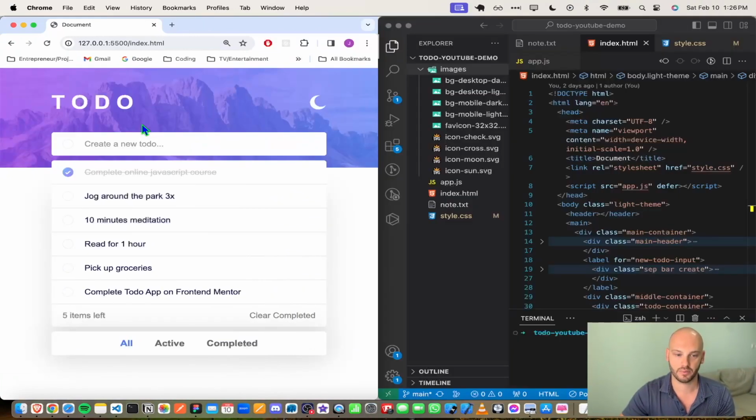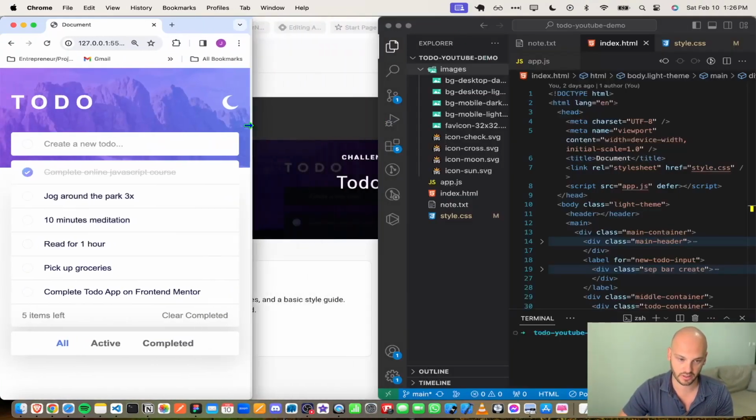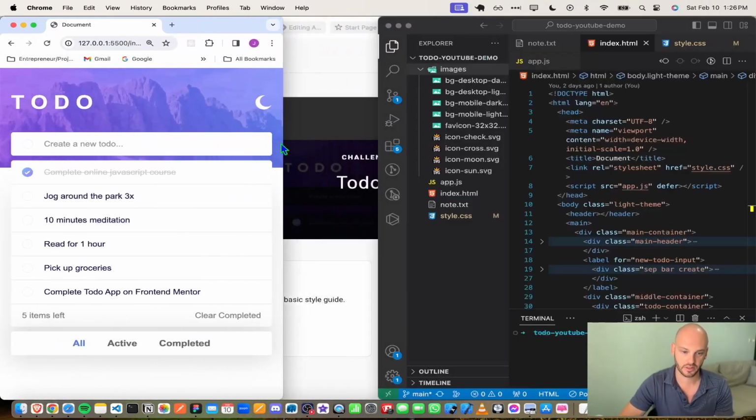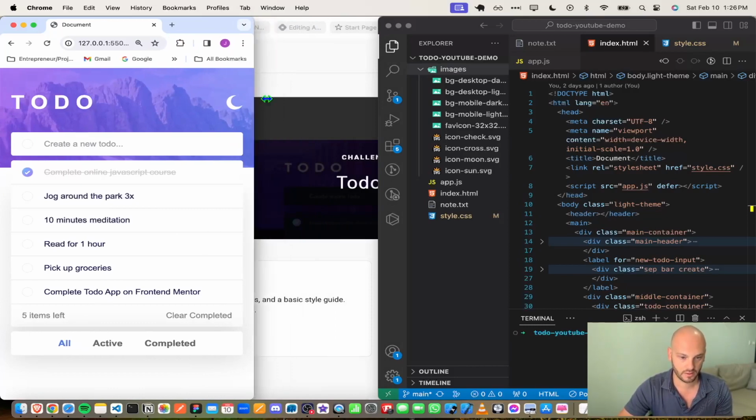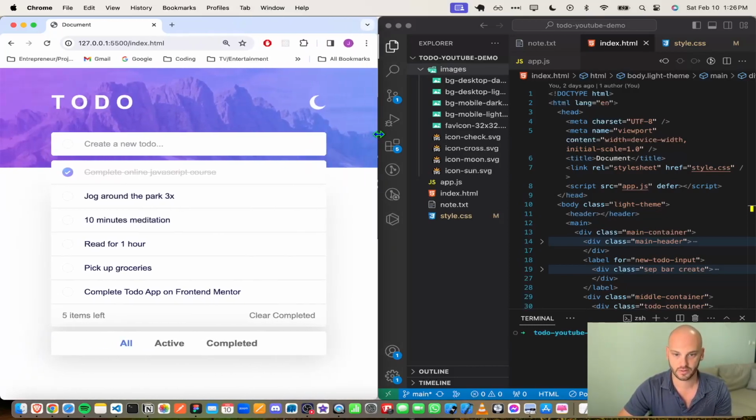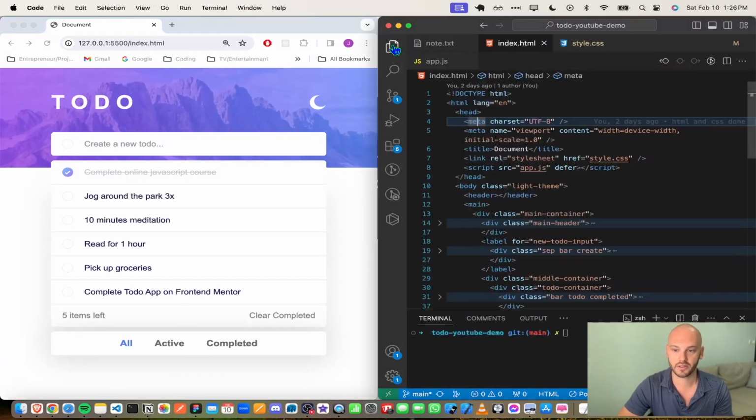So here's desktop. If I shrink this more, we're getting into mobile territory. As you can see, these bars are shrinking, and the moon is getting closer to the to-do header here. So it's responsive. And yeah, I want to show you how I set up my HTML